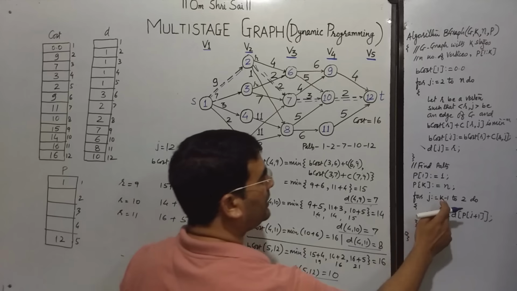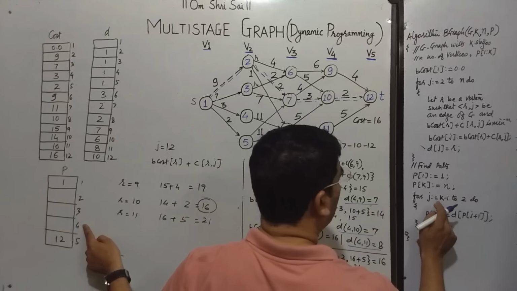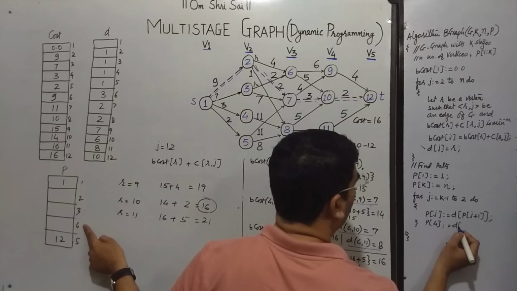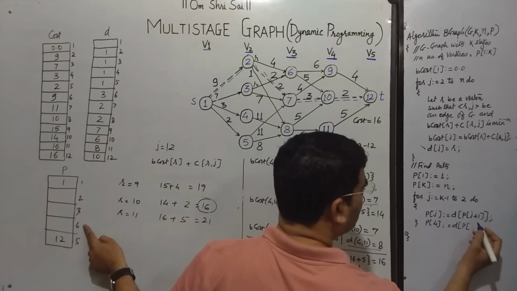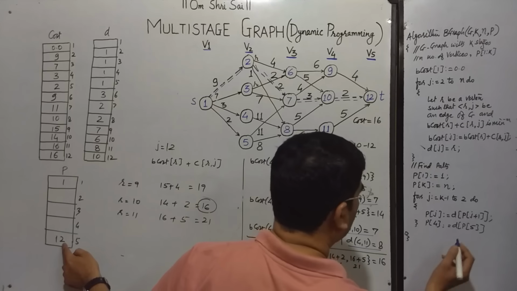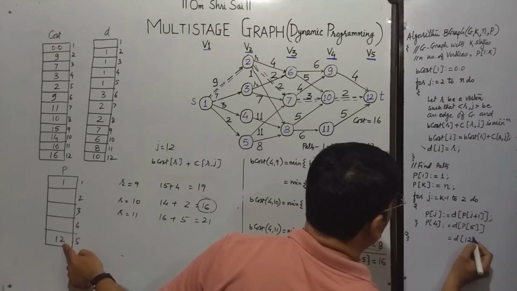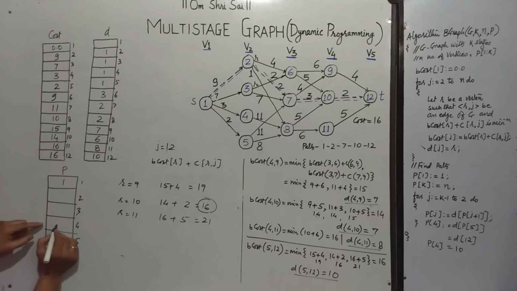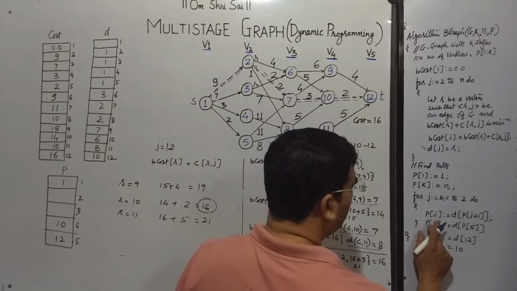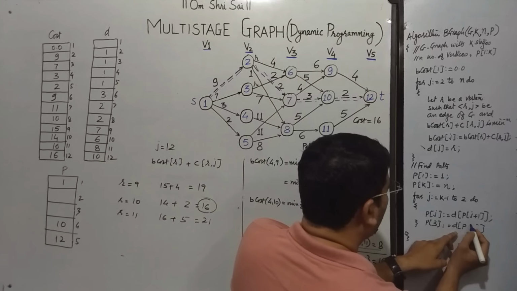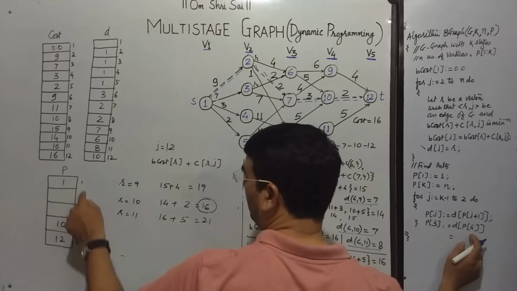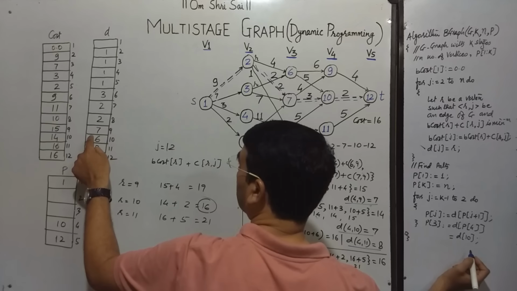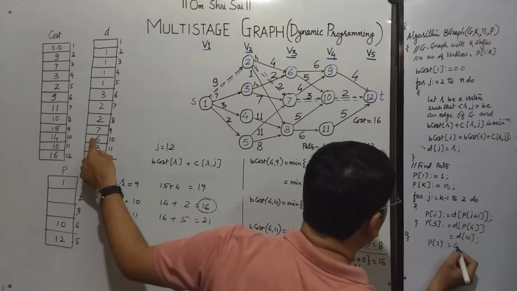Now starting with k minus 1 to 2, the reverse loop will be there. So what is the value of j? So j will be 4 first. So p of 4 is equal to d of p of 4 plus 1, that is 5. P of 5 is 12. So here it will be d of 12, 10. So this 10 will be initialized as p of 4. So here what value will I put? That is 10. So j will become 3. P of 3 plus 1, that is 4. So p of 4 is 10. So d of 10 is 6. P of 3 we have to put as 6.